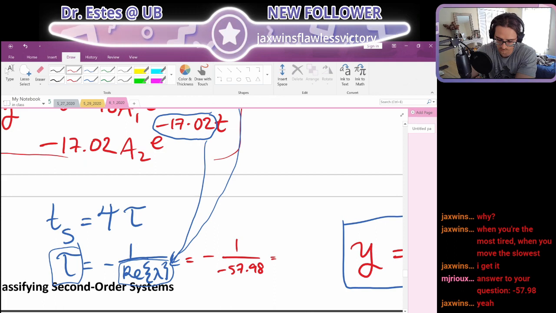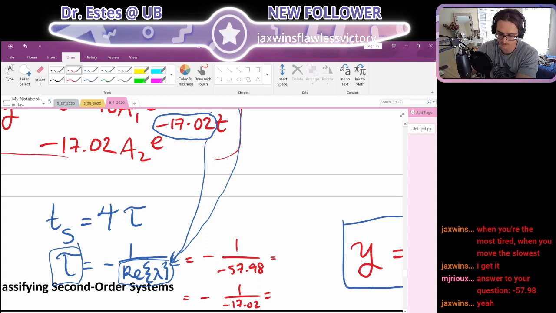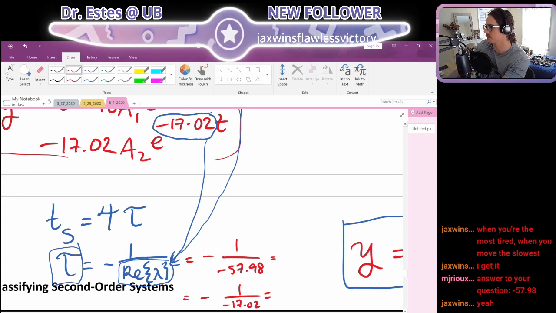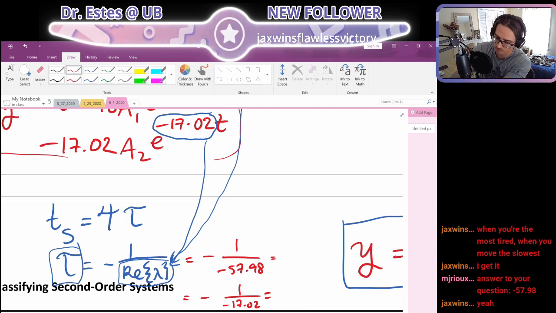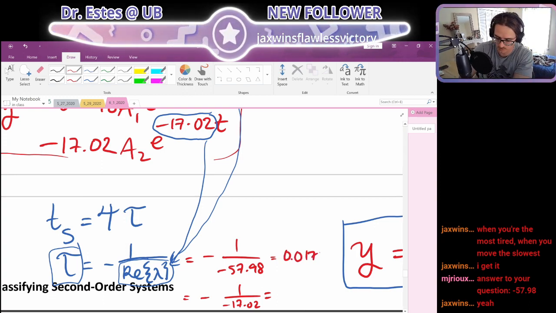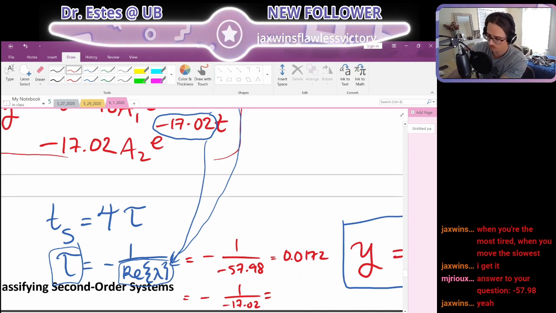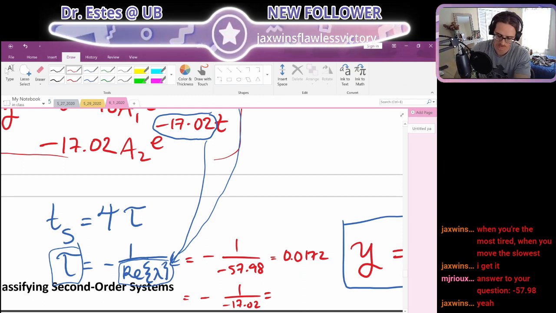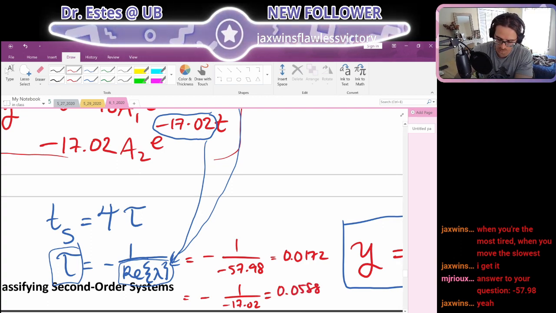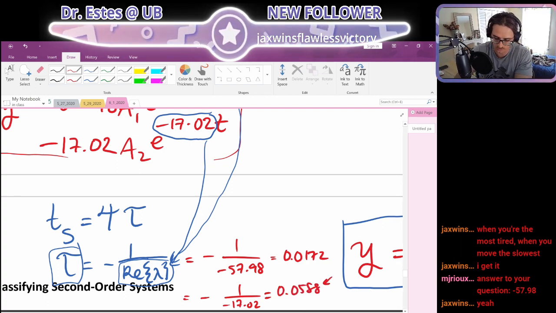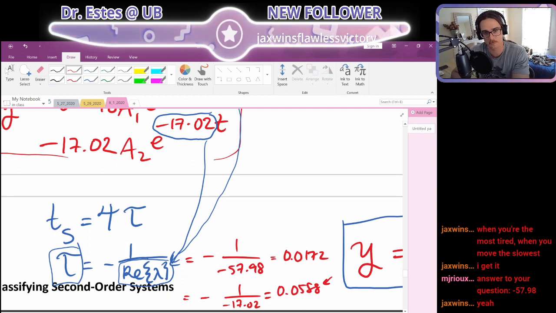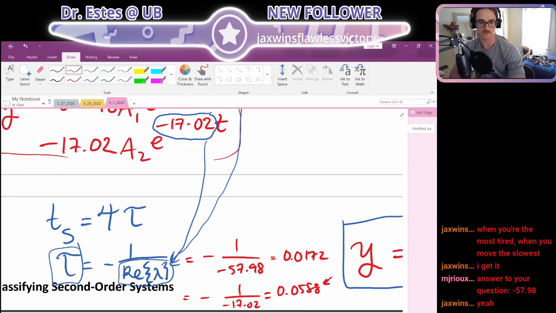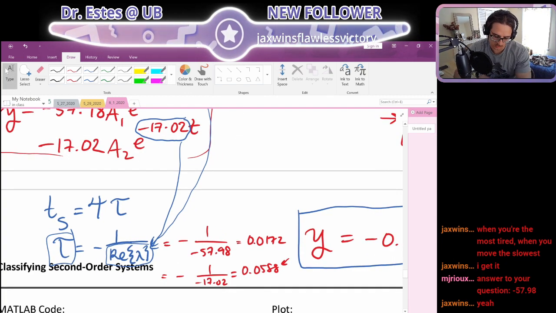So this one we'll come back to it. Minus 1 over minus 17.02. You can see that the bigger number in the denominator is going to result in a faster settling time here. So this would be 0.0172. 1 divided by 17.02 is 0.0588. So this one here is like 5 times slower, basically, give or take. So we choose